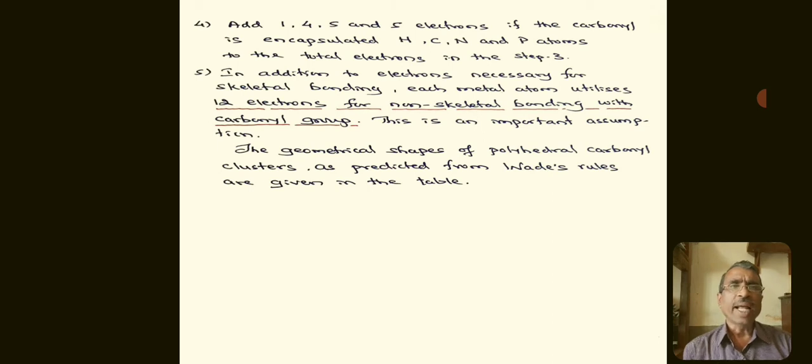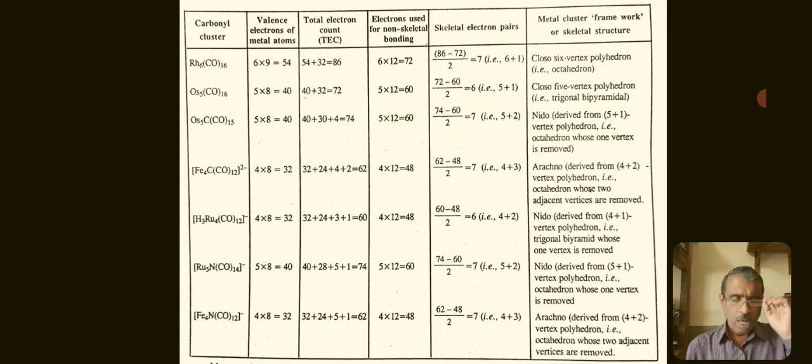In addition to electrons necessary for skeletal bonding, each metal atom utilizes 12 electrons for non-skeletal bonding with the carbonyl groups. So the 12 electrons for each atom have to be subtracted. This is an important assumption. The geometrical shapes of polyhedral carbonyl clusters as predicted from Wade's rules are given in the table. Now in this table,